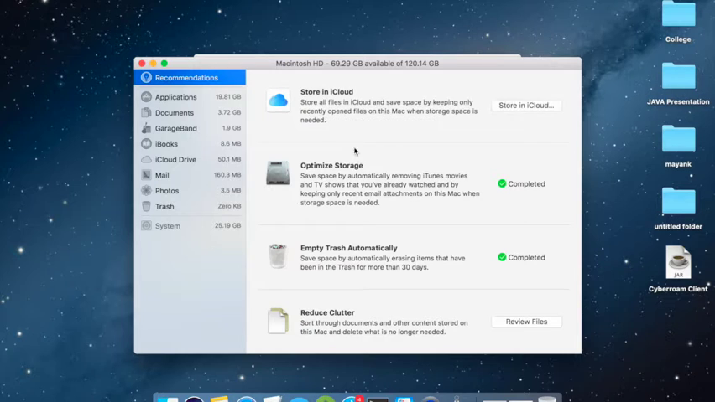A new window will appear showing the Macintosh hard drive and the available size. You can see there are four options: store in iCloud, optimize storage, empty trash automatically, reduce clutter. These are the recommended options provided by Apple in the new OS. So you have to optimize it. I have already optimized, so it is showing completed. You can store your files on the iCloud, which will provide you some free space on your hard disk, and it will also review some files